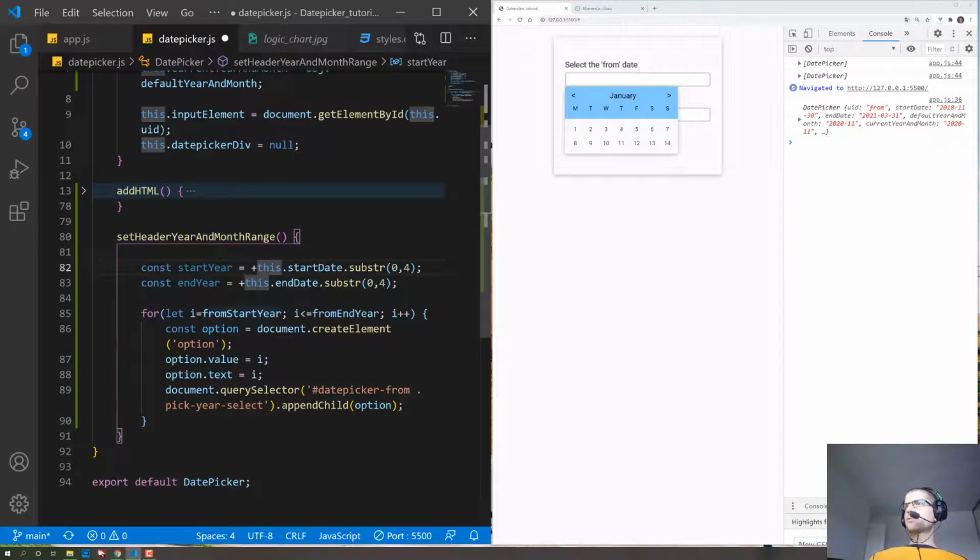And then we have this loop here for populating the years. So we don't have this from start year anymore, we have the start year, and we don't have the from end year, we have the end year. Now we still need to create an option element, and the value still needs to be I. The text still needs to be I,